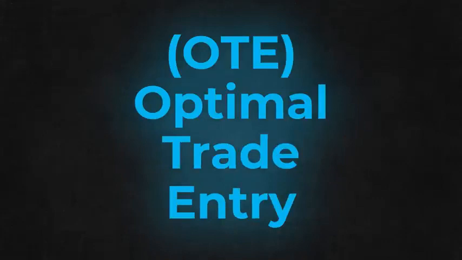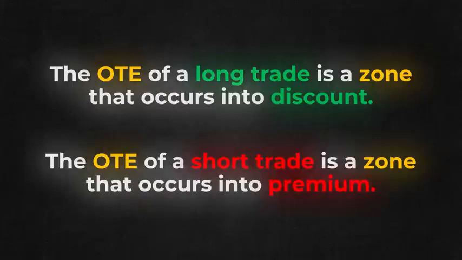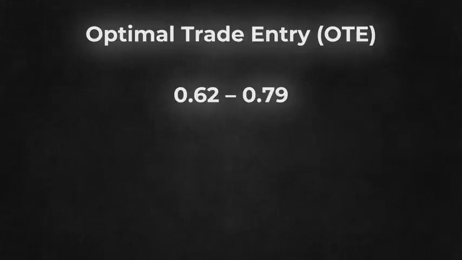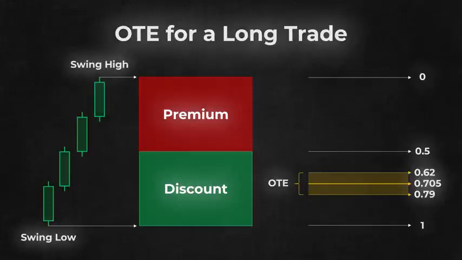The OTE is a specific Fibonacci retracement zone that will fall in the discount zone for a long trade entry or in the premium zone for a short trade entry. This specific Fibonacci retracement zone is from 0.62 to 0.79. The midpoint of this zone, which is 0.705, is also highlighted. In this illustration, you can see the OTE for a long trade. Notice how the zone falls into the discount zone. It's important to observe how price action reacts to the three levels of this zone, especially the midpoint at 0.705